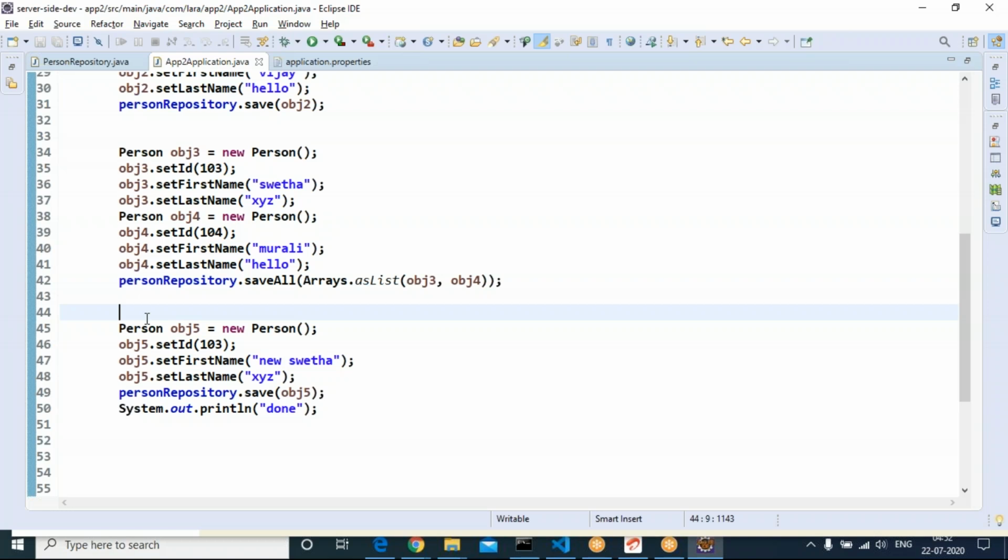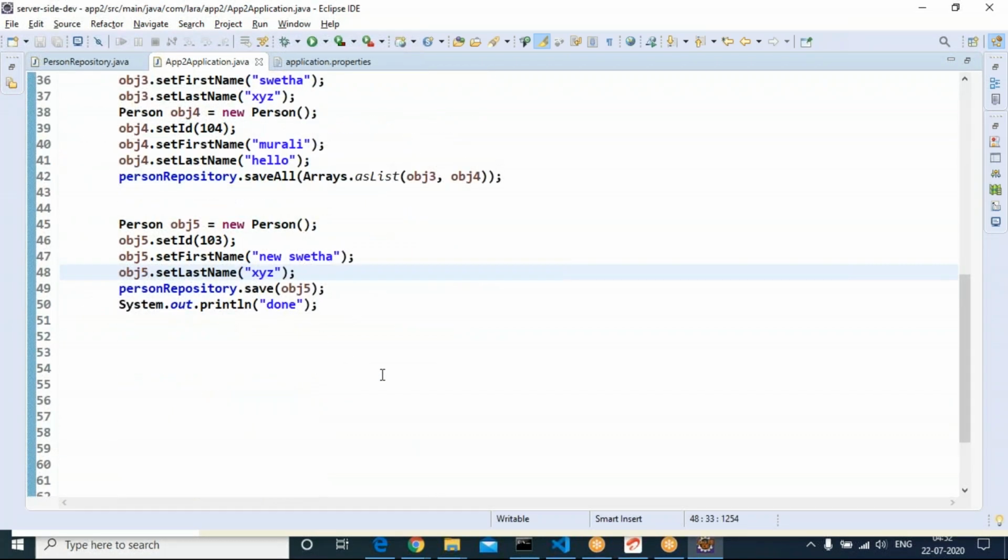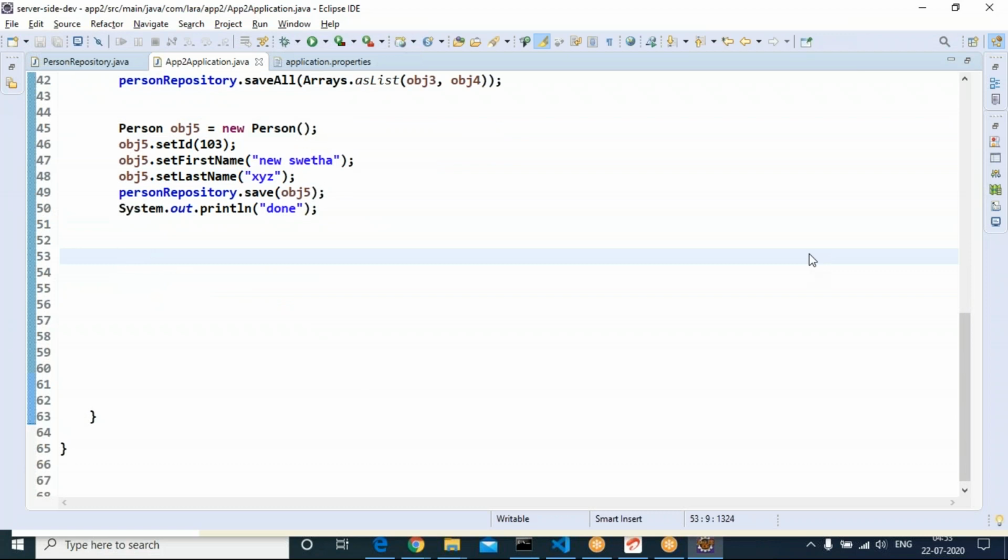Down the line, we will see usage of MySQL, Oracle, and even any NoSQL I will be showing. But here, in-memory database: every time data is erased and created again whenever you restart the application. Whenever you restart the application, data is erased and recreated, whatever is available in the run method. In the run method, we inserted 4 records and 1 record got modified. So totally 4 records are used.